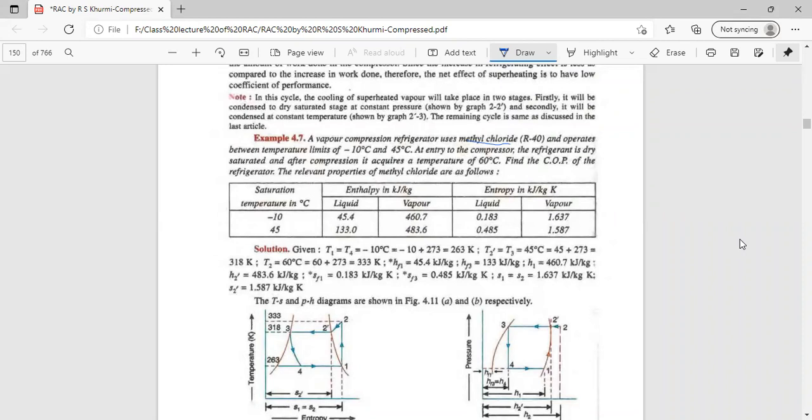At the lower temperature, minus 10 degrees centigrade, the enthalpy of the liquid and vapor refrigerant is given, and the entropy of liquid and vapor is also given. At saturation temperature 45 degrees, it is